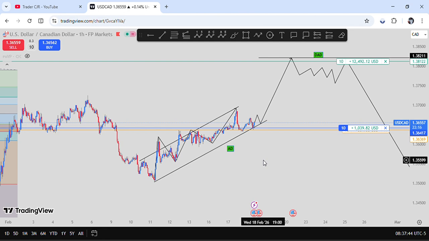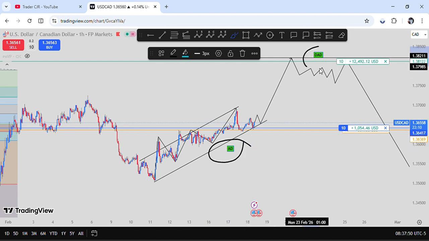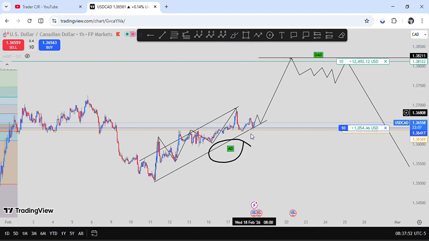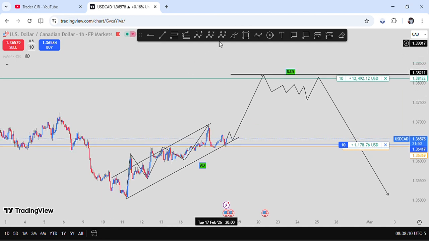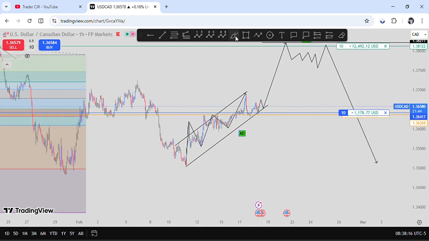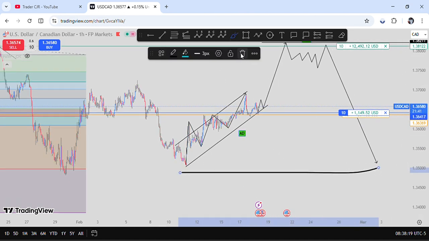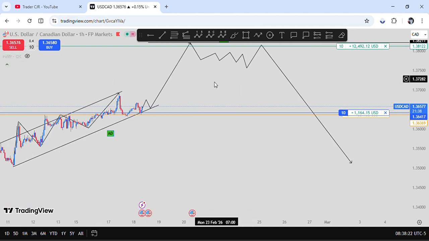And also the AD, forget about this, don't worry about it. I'll talk about it on another day. The AD and the DAD trade setups. Okay, so I used this AD trade setup to place a buy order here, targeting this high. Okay, that's roughly where I expect to see reversal and price continuation to break these lows here. Okay, so that's my analysis on the USDCAD. All right,